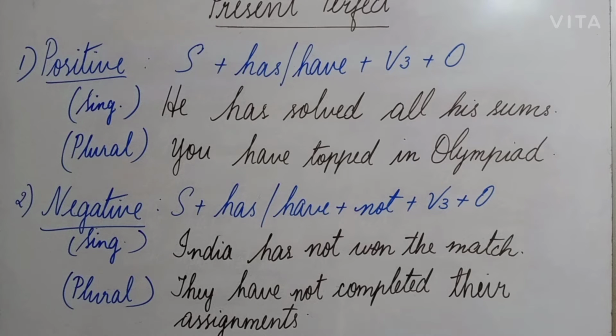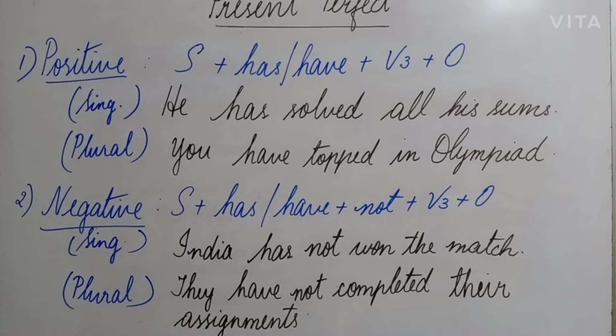In the previous sections, we have already gone through the 6 types of sentences. So here too, we will be starting with the 6 types of sentences. We will go through all of them. To start with, we will move with the positive sentence. In a positive sentence, the format is subject plus has or have. Has or have is the supporting verb and verb 3 is the main verb, and then comes the object.